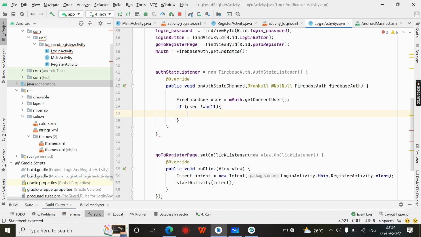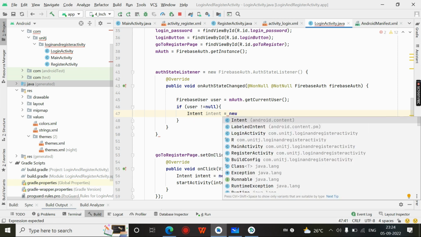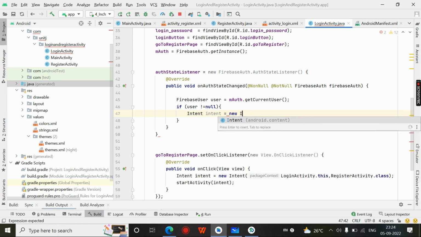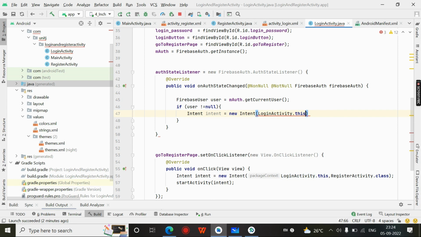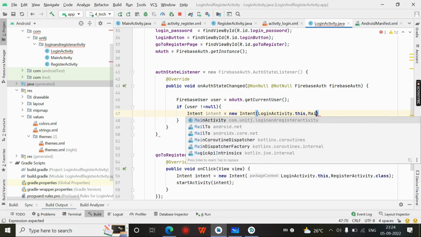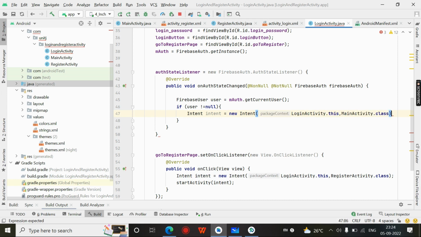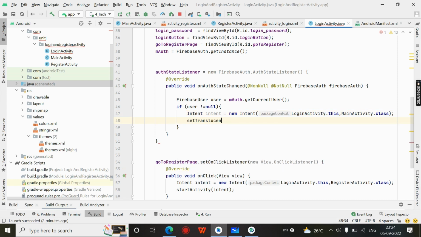which means the user is already registered, we just move him to our main activity, right? We don't want him to stay there at the login activity. If the user is already registered or logged in, we just move the user with a new intent from LoginActivity.this to MainActivity.class, then startActivity, sorry,